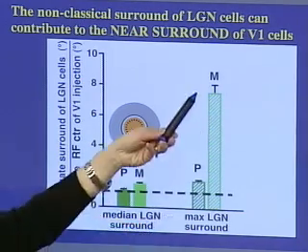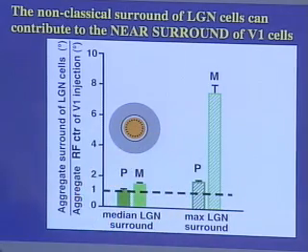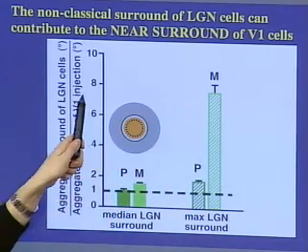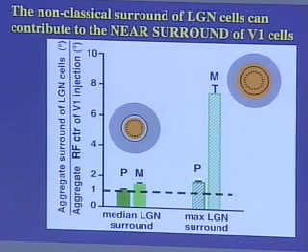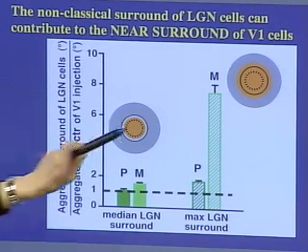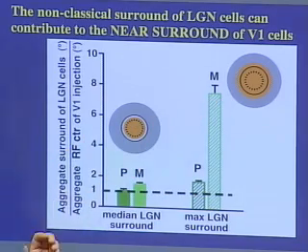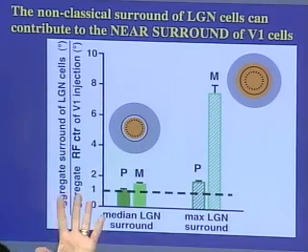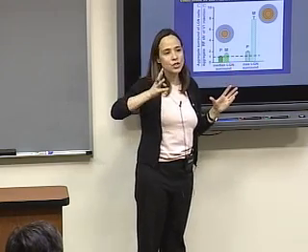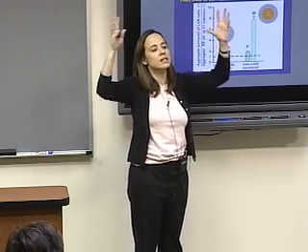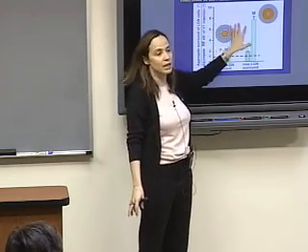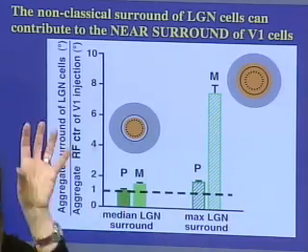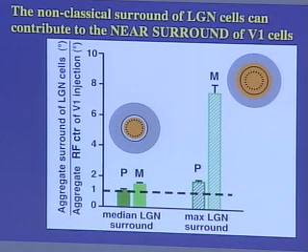But those few cells that I showed you before that had these very large surrounds could contribute a surround field in V1 that is 7 or 8 times the size of the receptive field. So they can get into the far surround a little bit, but remember the slide where I told you that in V1, the average size of a surround is 20 times the size of the receptive field. These can provide about 7 or 8 times. So there's still a large fraction of this far surround region that cannot be accounted for by these feedforward connections.